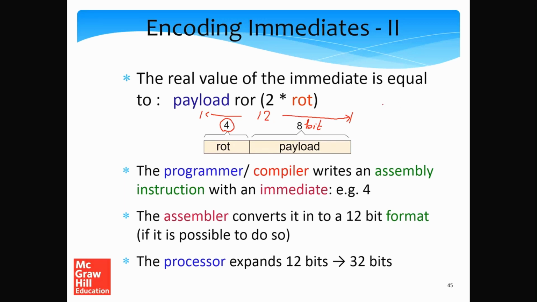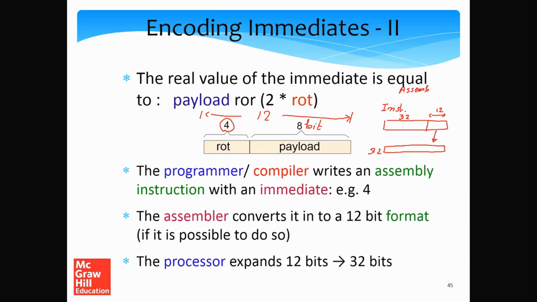Consider an ARM instruction which is encoded in a bit field of 32 bits. In the ARM instruction, the least significant 12 bits are encoding an immediate. What the processor will do is essentially expand these 12 bits to a 32-bit quantity inside. Actually, even before that, when I specify an immediate in assembly code,